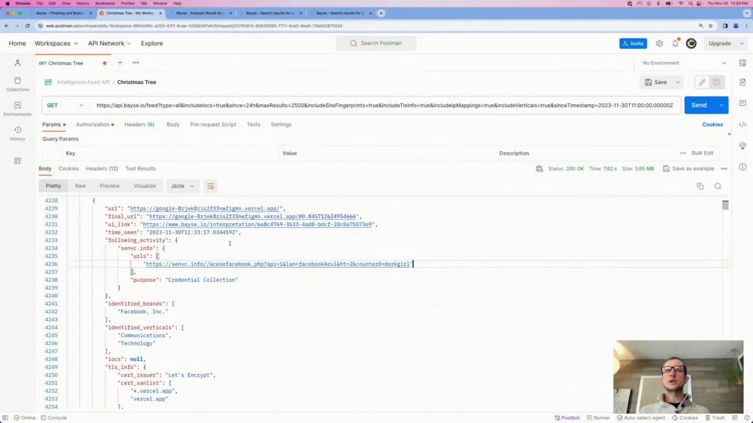But anyway, we have this, and we see that there was following activity to sendvc.info, acesoffacebook.com, and a whole bunch of different URL parameters in there. But the interesting part here is,